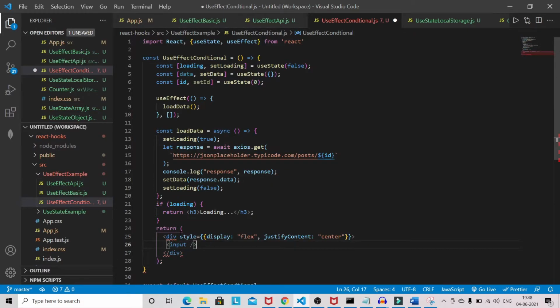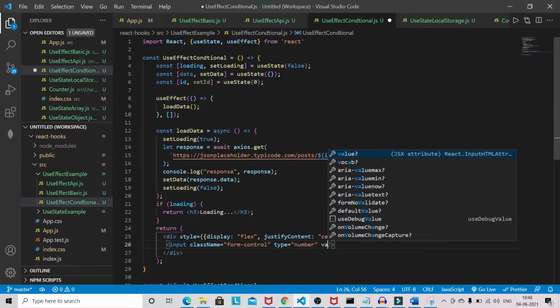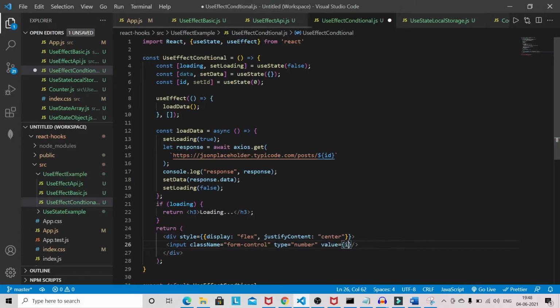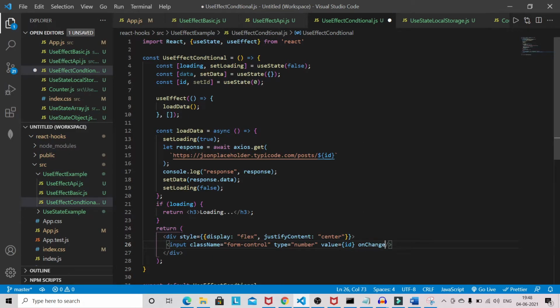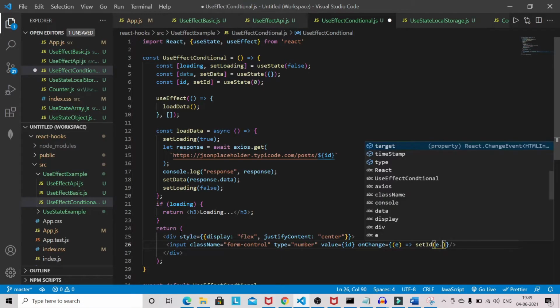I'll have input, className will be form-control, type will be number only, value ID, onChange. So on change I will set the ID, e.target.value.